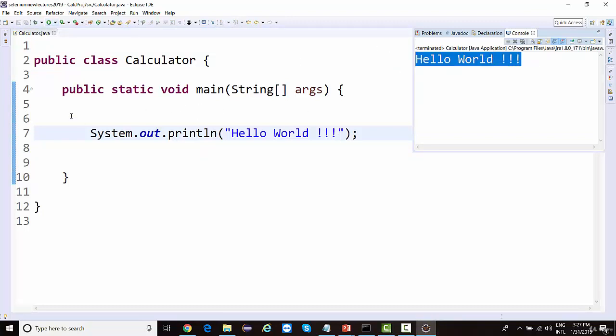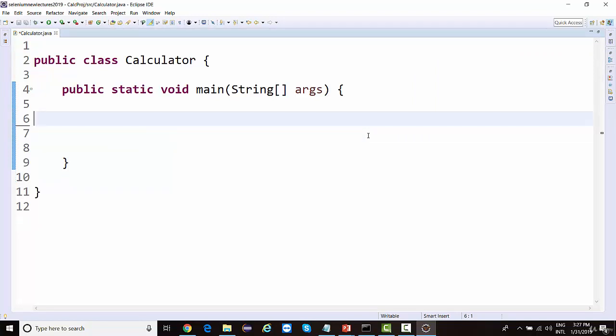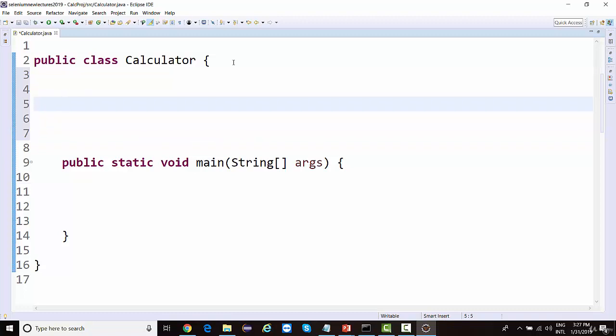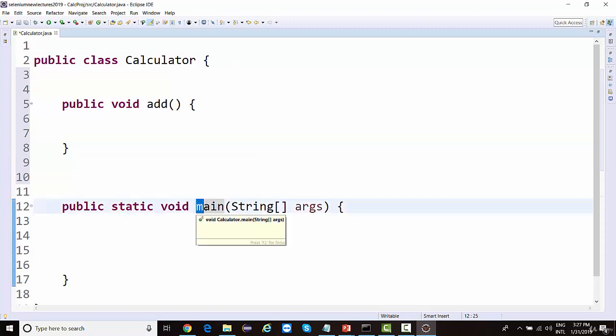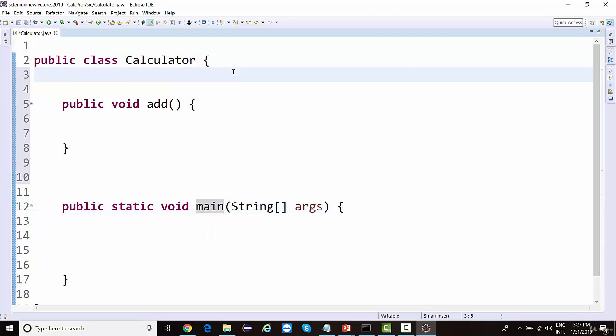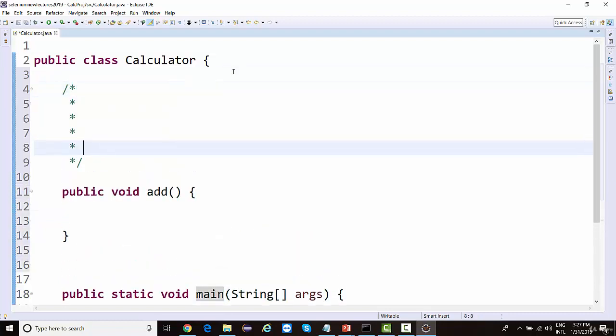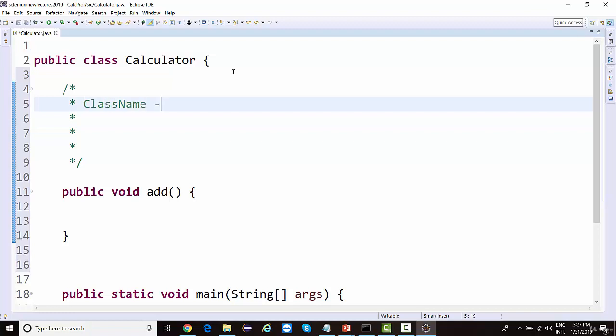But we are not here to print Hello World. We are here to understand what an API is. And for that, we are designing a calculator. Now, a calculator contains various methods. So I'll be designing all those methods. Let's say I design a very first method called add. Now, a method name always starts with a small letter. See, Java itself has created a method with a small letter name, right? So there's something called camel casing, which is followed in the entire industry. Now, what camel casing is, let's say I have a class with the name The Dark Knight. Now, there are three words in this class.